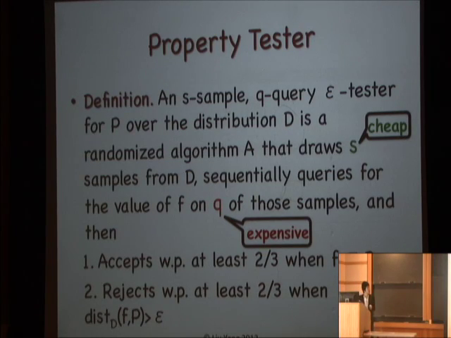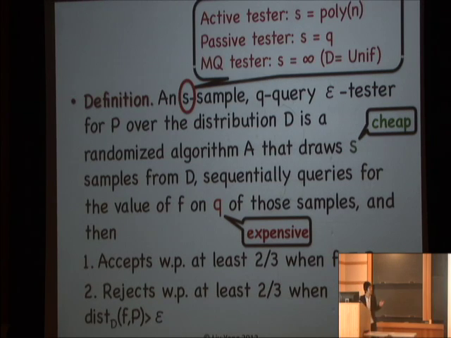Here's a definition. An S-sample Q-query epsilon tester for P over distribution D is a randomized algorithm A that draws S cheap samples from D, sequentially queries for the values of F on Q of these samples, supposed to be expensive queries, and then accepts with probability at least 2/3 when F is in P, and rejects with probability at least 2/3 when the distance between F and P is more than epsilon. So we typically think of the S unlabeled examples as being inexpensive, and the Q queries as being